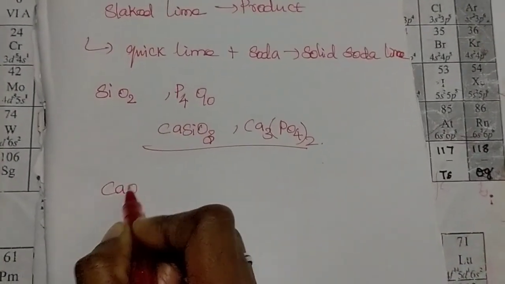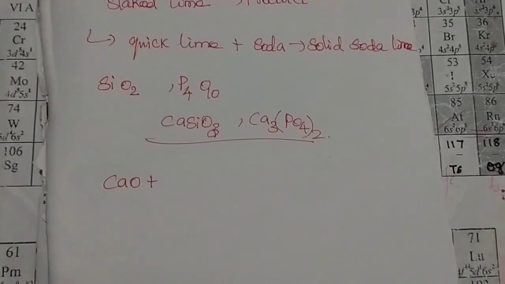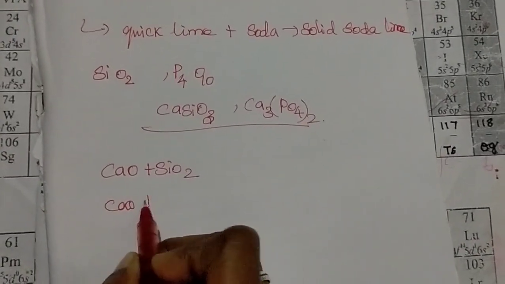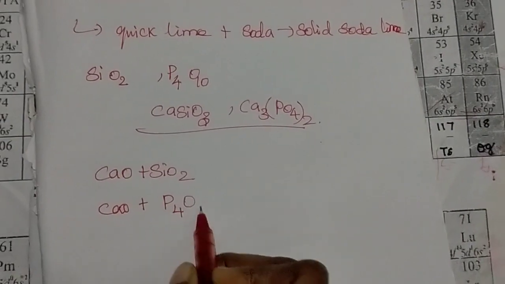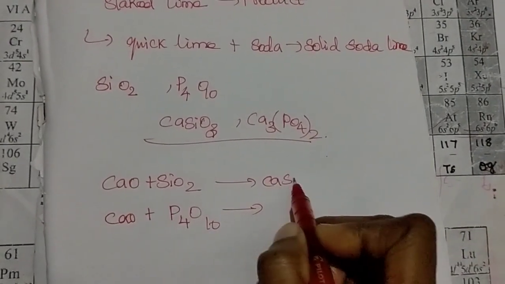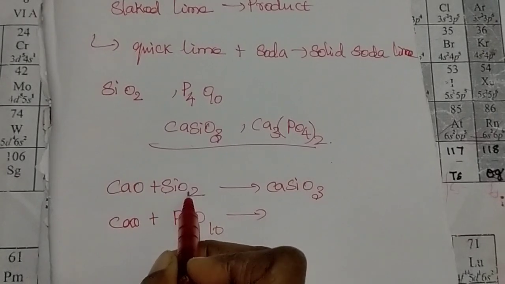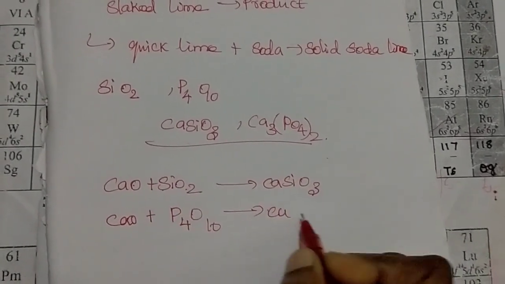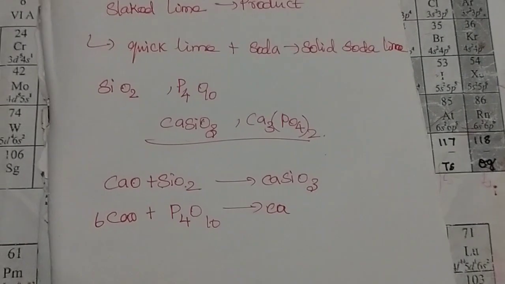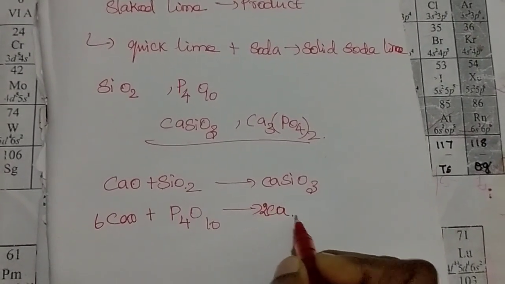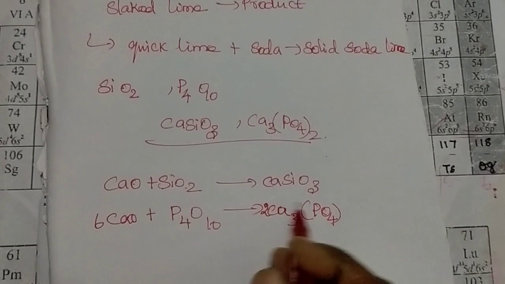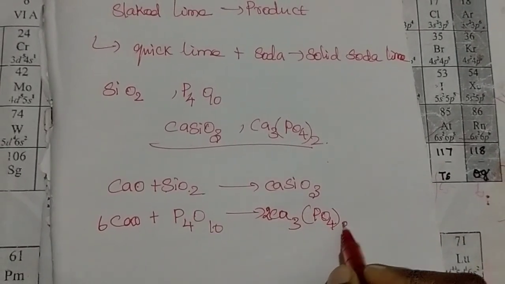So when the solid calcium oxide combines with the acidic compounds like SiO2 and P4O10, the products will be CaSiO3 and Ca3(PO4)2. Okay,